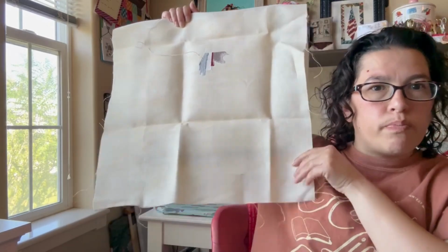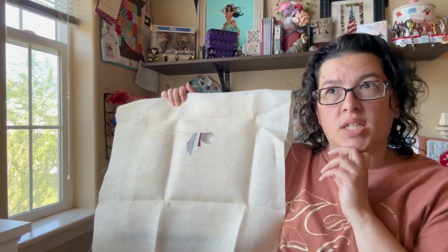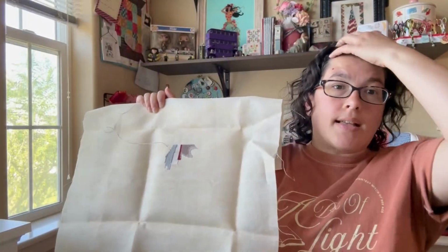So I actually am using the same fabric. I was inspired by Olivia from Pumpkin Hollow Quilts. She finished this a few years ago, and I was very inspired by her fabric choice, which is the same one. So I asked her which one she uses, and I know she had mentioned it on her channel. So I just was very inspired, and she's so kind. And yeah, so